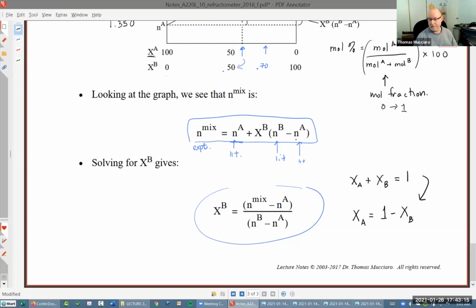There's one problem, and I'm just going to briefly tell you about this, and then it's going to come up in the lab, and I'm going to give you some data about it. All right? So this only works for ideal mixtures. Ideal mixtures are mixtures where the two substances don't have any strong attractive forces. So they can have London dispersion forces, and that's fine, because those are weak forces